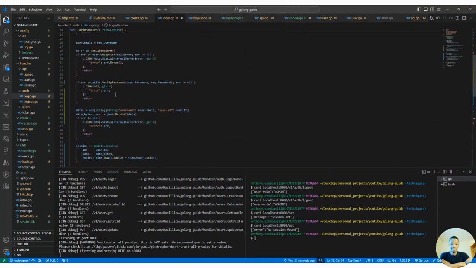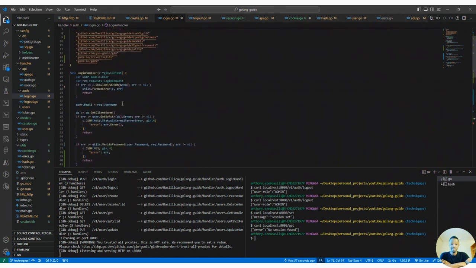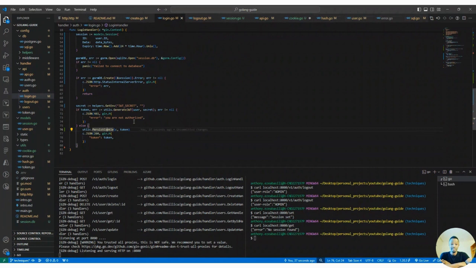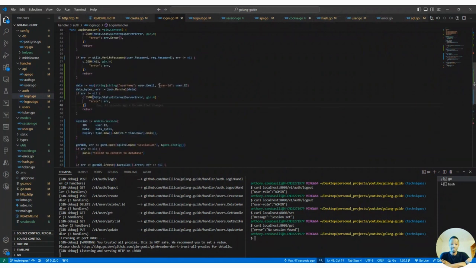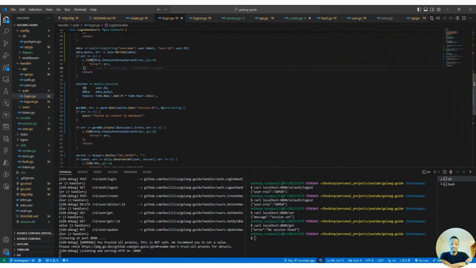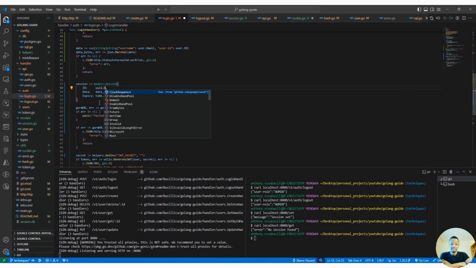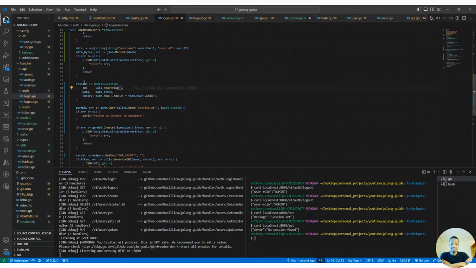What is important for us more or less would be this session ID, if I can find where I put it. Where is it? So this session ID is quite important for us, but again this is of course also the ID of the user, but that's totally fine. So let's keep it all separate. Here I can add a uuid.new string, and this will give us a new uuid string,